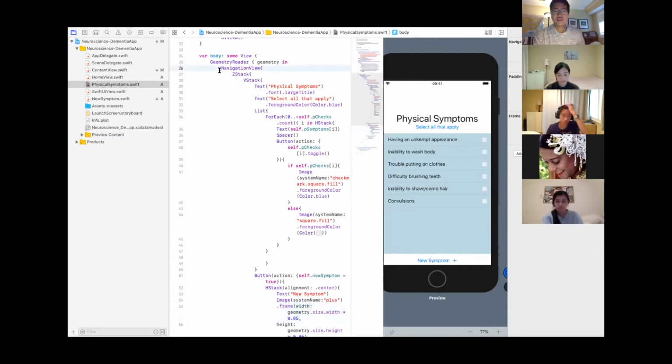And so I don't think we had a navigation view last time, which is sort of problematic if you wanted to have dismiss and submit buttons, because what we're going to do is it's going to pull up this physical symptoms when we're